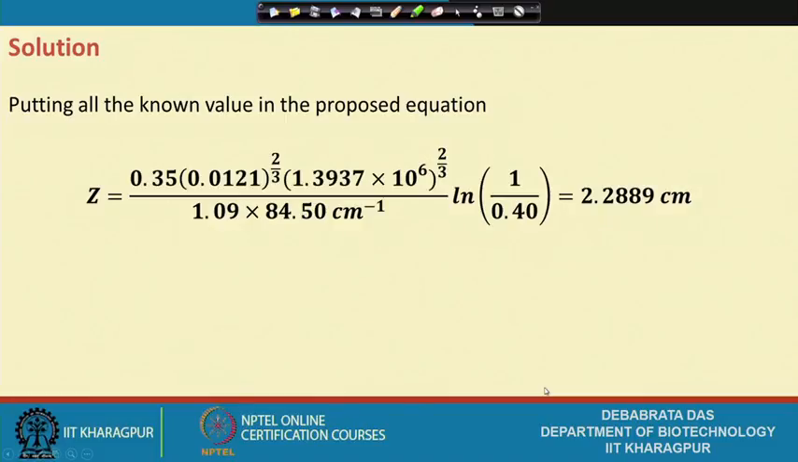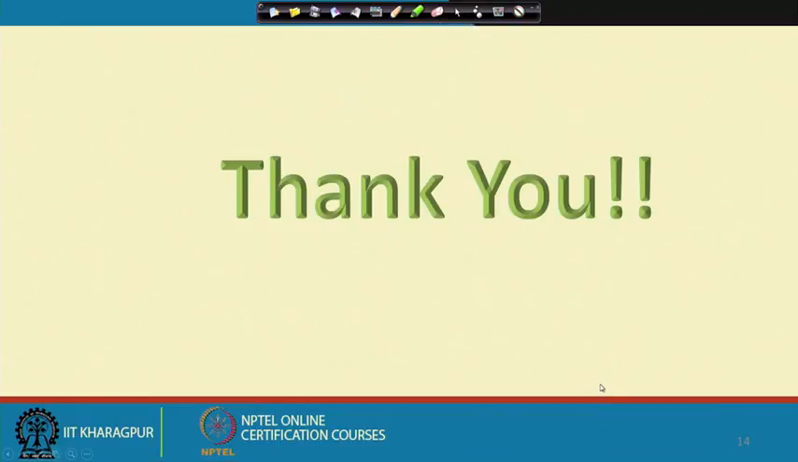So, now we have all the data and we put the values in this equation, then we will find the height of the column will come around 2.2889 centimeter. So, this is how we can find out the height of the column. We can easily find it out for the immobilized system. So, in this particular